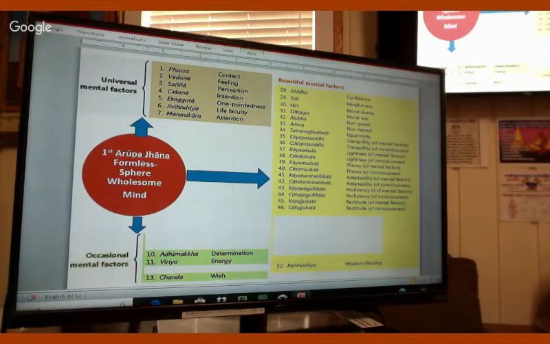So there are 6 elements. What do you mean? 4, and then Akasa and the Vijnana, according to the Sutta. Yes, according to the Sutta there are 6 elements, and Akasa is one of them. If you understand the 6 kinds of Dharma, you can realize the truth. The suttas are true, of course.